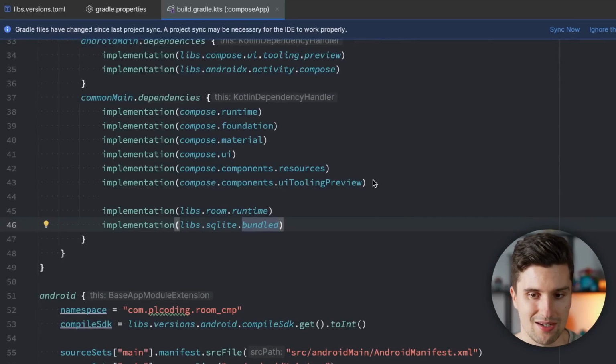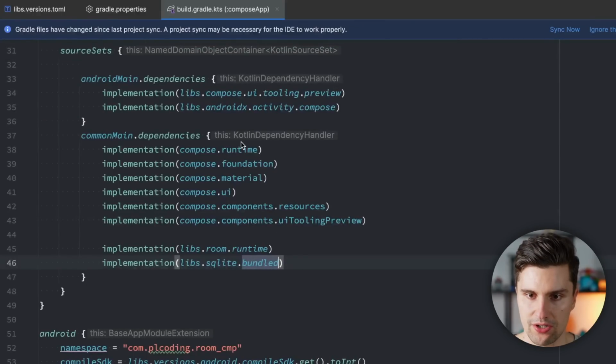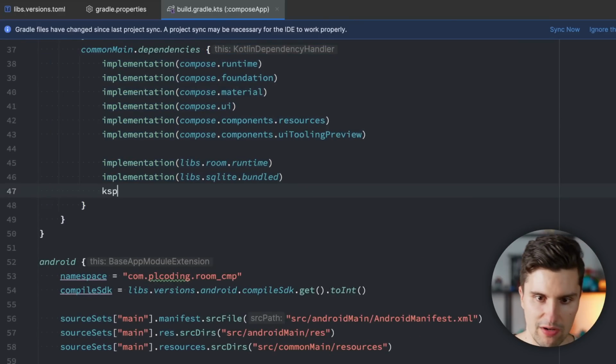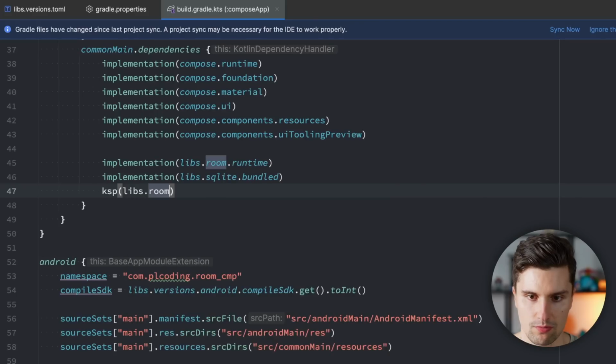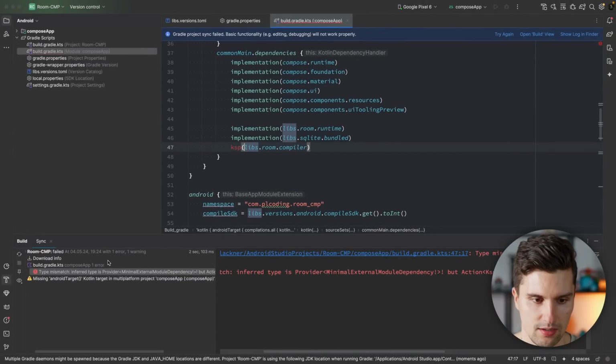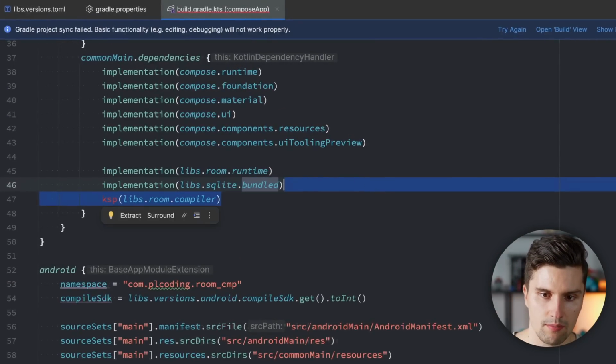Then we also need to add the KSP Room compiler, which doesn't work here inside of this dependencies block, because here we have a little bit of a different dependency handler. So here you will notice if we have KSP and we say libs Room compiler, that won't work. Also not after syncing. Let's do that. You will notice, okay, we actually get an error because we can't apply KSP here, but we can very well